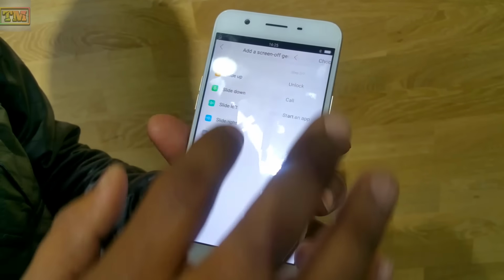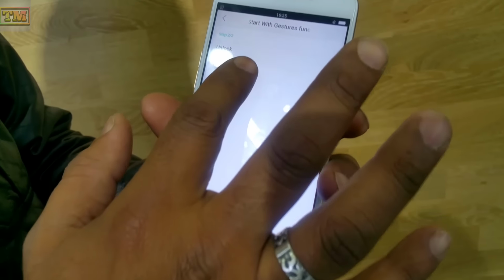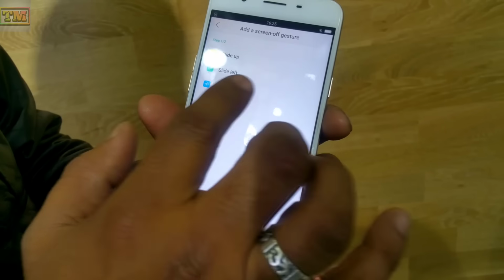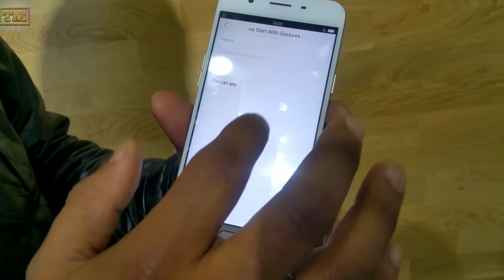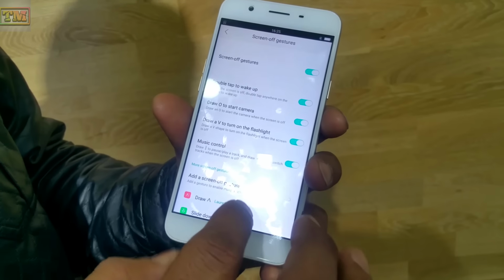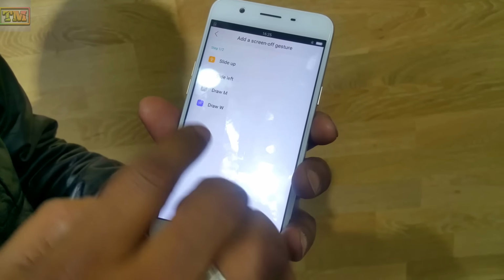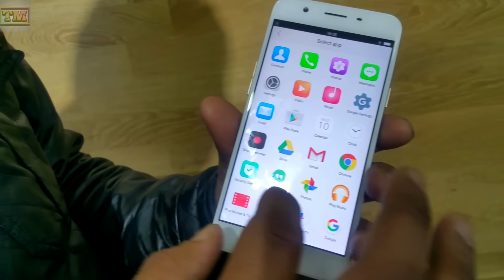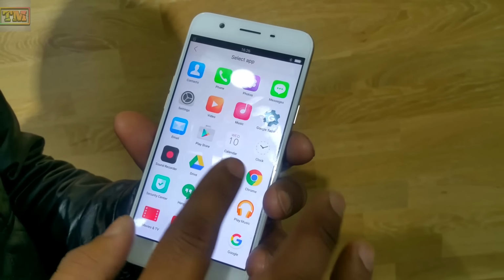If I slide down, I want to unlock my phone. If I slide right, I want to call Oppo India. If I draw M, it will automatically open your Gmail.